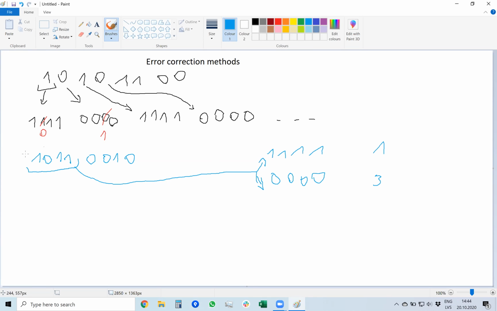So the distance between the input and the correct possibilities in the first case is just 1, and the distance between 1011 and 0000 is 3. Since the input is more similar to 1111, the receiver chooses it and corrects it to